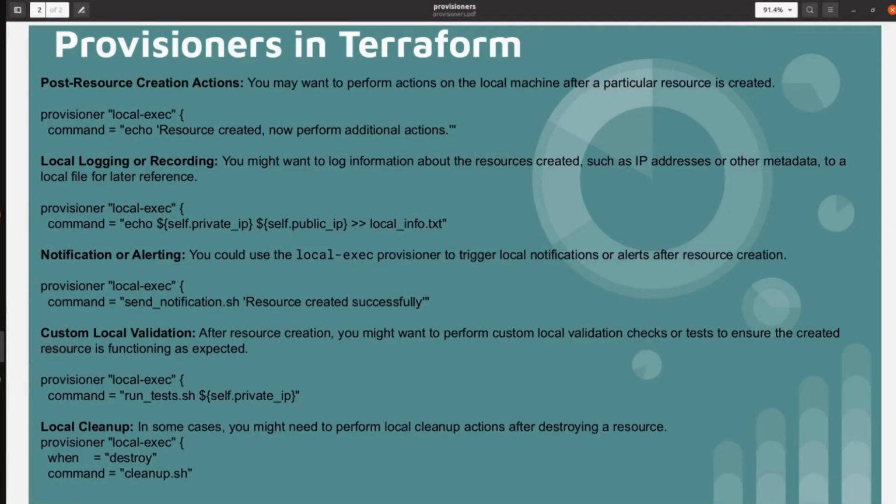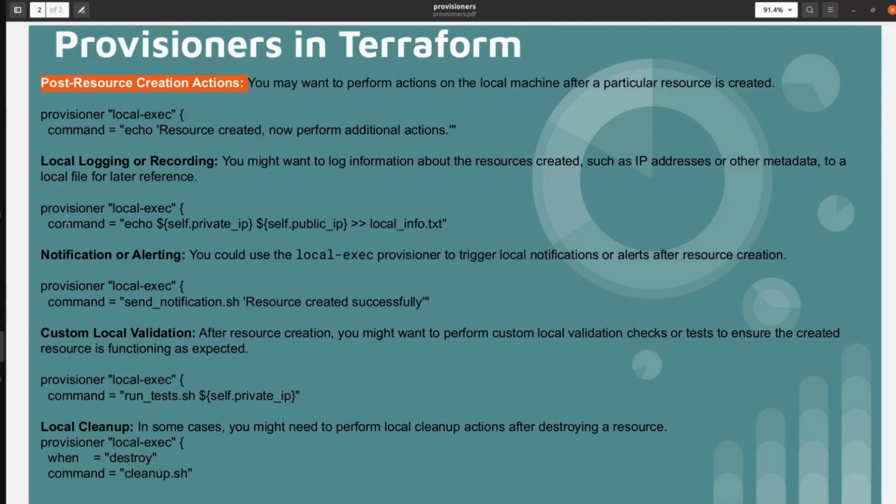We are going to see this use case right now: post resource creation action. What it means is that we want to display one message after our resource is created, a message that our resources got created successfully.